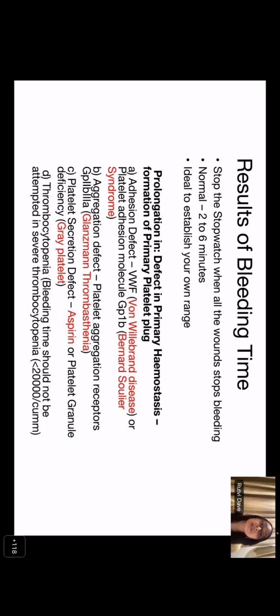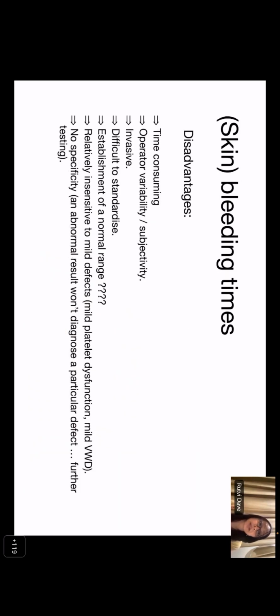Normal bleeding time is 2 to 6 minutes, but it is ideal to establish your own range. And it will be prolonged in conditions with either von Willebrand disease, platelet function defect, or severe thrombocytopenia. The disadvantages of bleeding time are that it is time consuming, operator dependent, invasive because you're making 3 wounds, difficult to standardize, difficult to establish the range. But in a study done in our center, wherein bleeding time was done